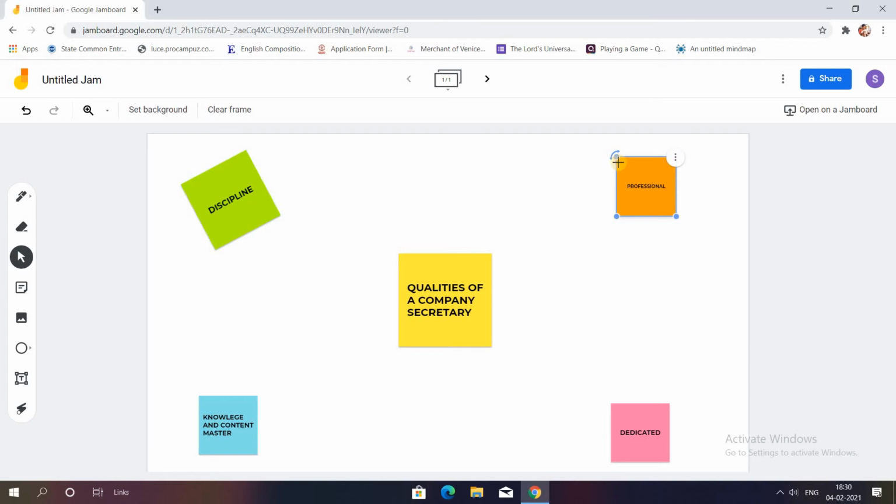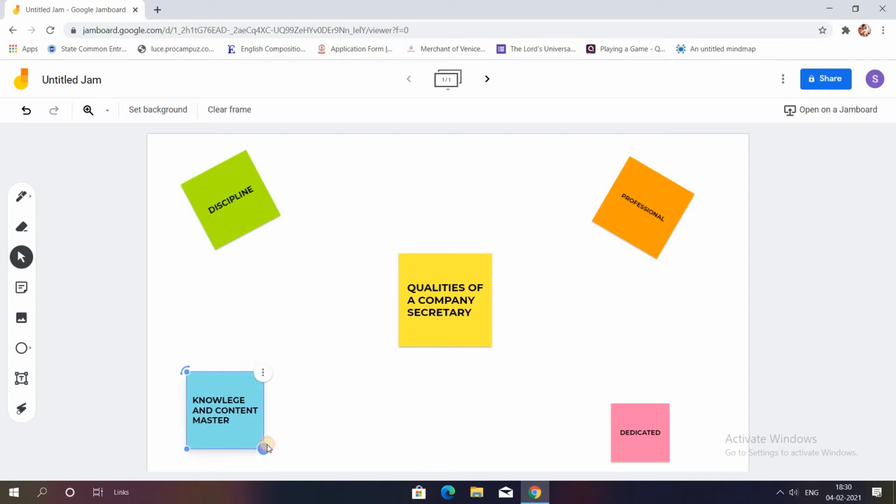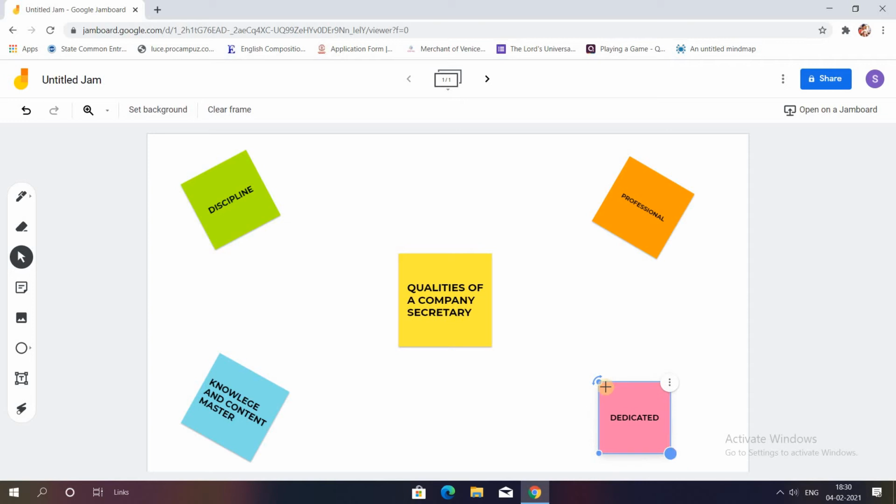I want this to be rotated this way. I'm increasing its size. So the teachers, the educators, and all the people in the corporate world can make such interesting layouts and keep it ready also. And then as their colleagues are brainstorming with ideas, they can write it down over here. So this last sticker and we are done.